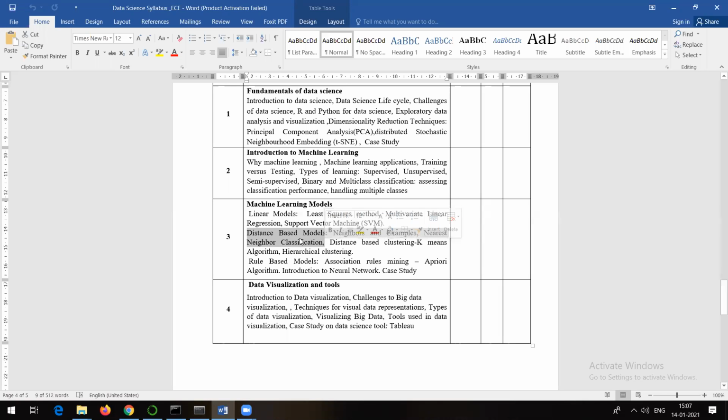Before discussing that particular algorithm, let me talk about some distance formulas which one can make use of in all these algorithms, with the help of which you can calculate the distance between points in the plane.